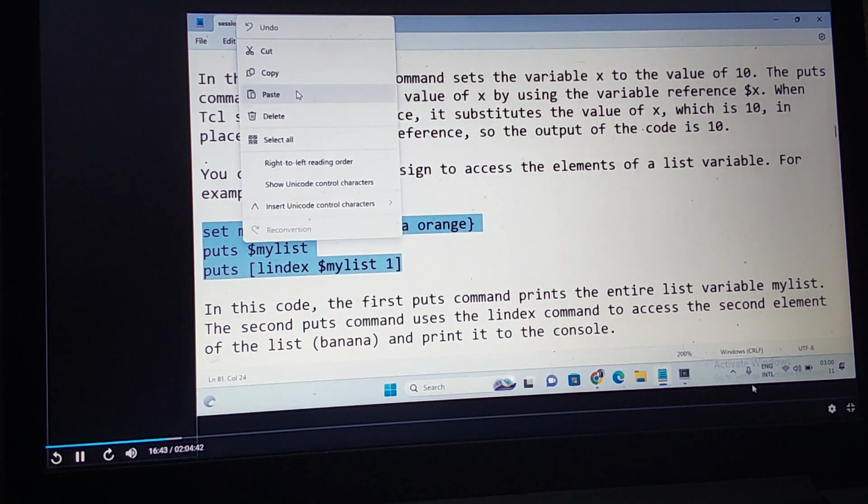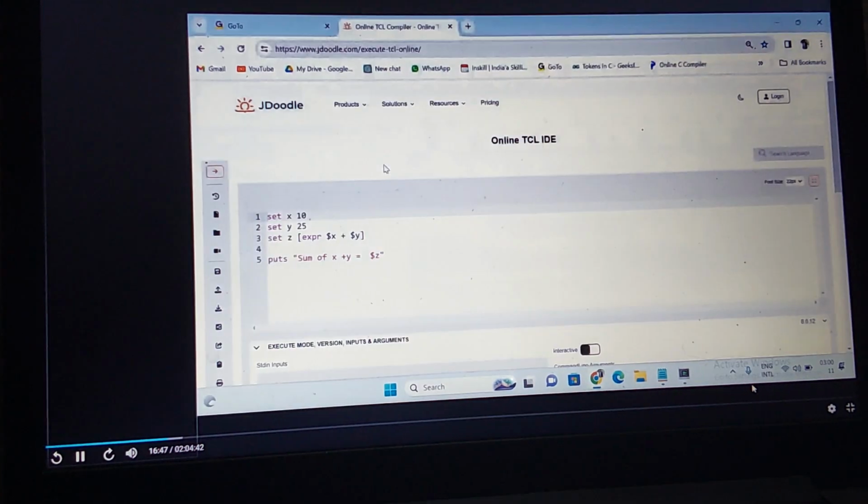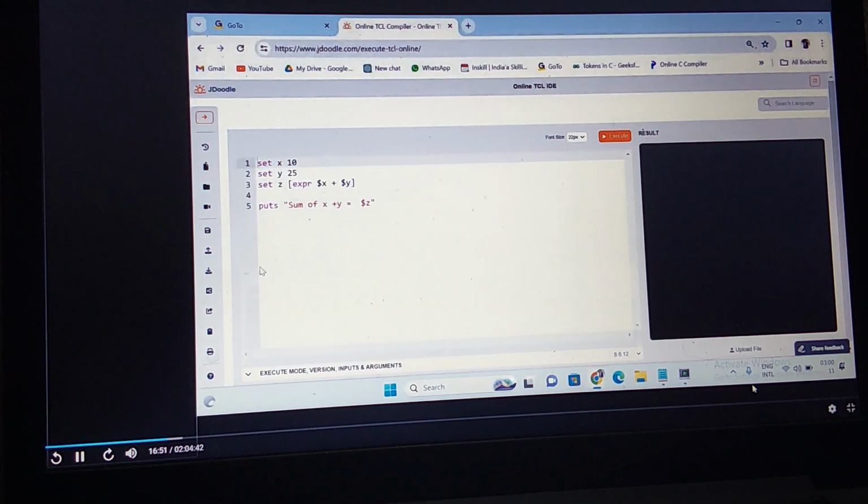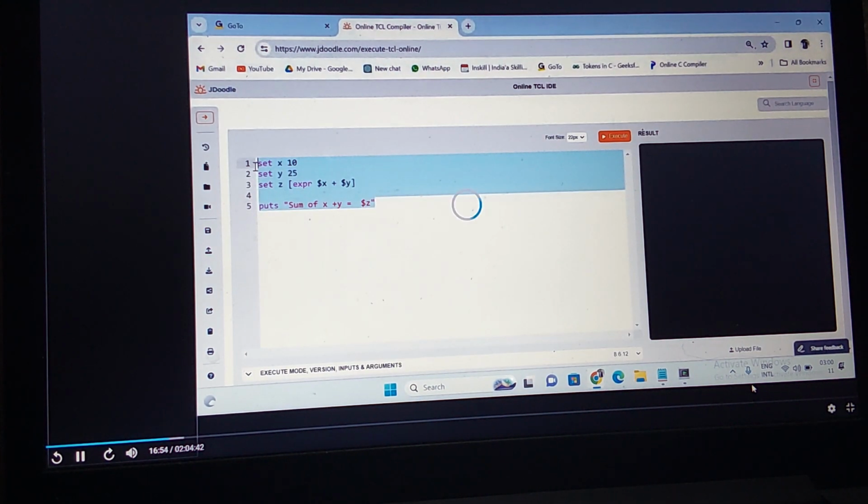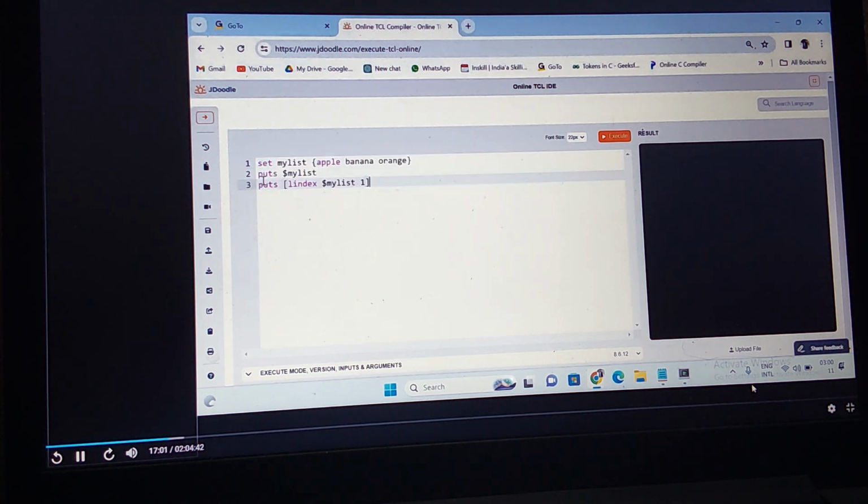Okay, let us run this program. What is it going to print? I'll be using the online compiler. Let me comment this line. How to comment a single line? It is not commented here. What symbol should I use to comment a single line? TCL.